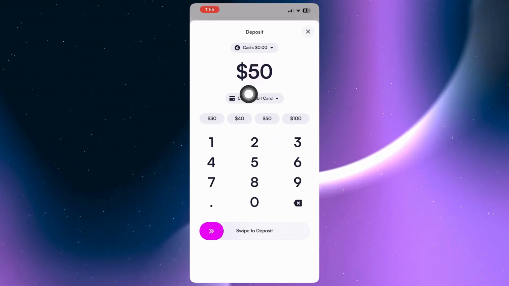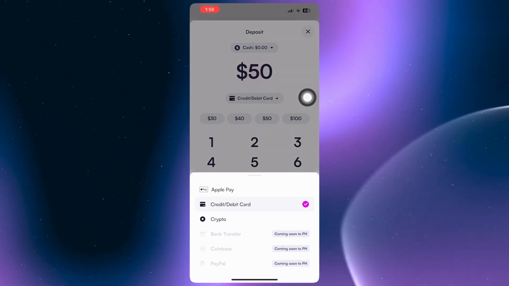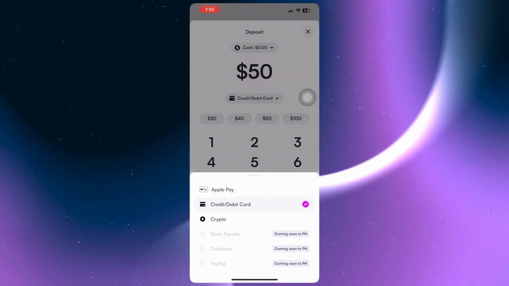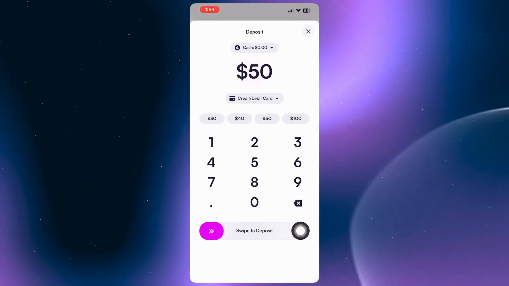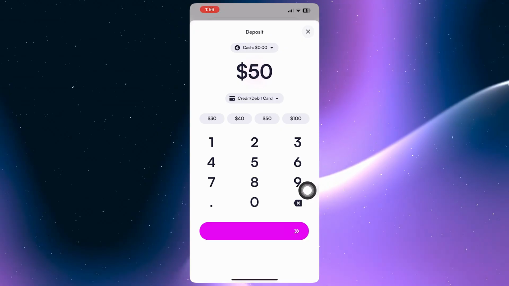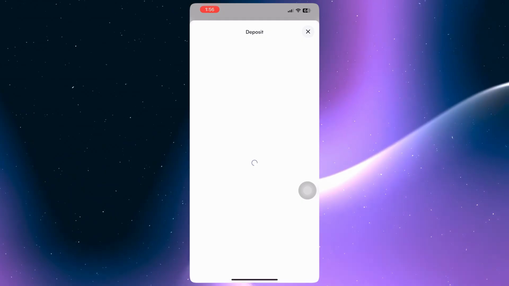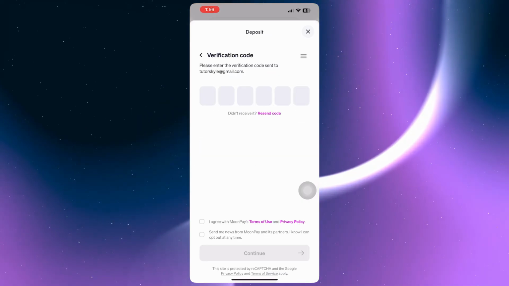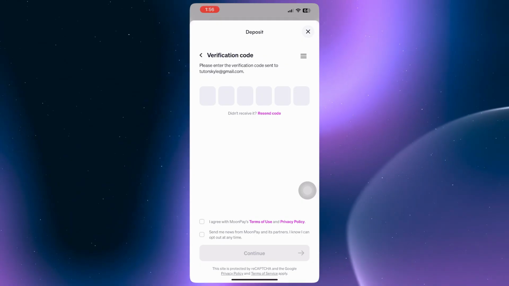And now you could go for your payment method. You could go for credit or debit card, Apple Pay or crypto. But depending on your region, you might have a bank transfer option, Coinbase or PayPal. Next, you want to tap here and swipe to deposit. To finalize the transaction, you want to swipe here, and then it will be transacted. But I didn't link any card accounts yet, so it's going to prompt me right here where I would need to